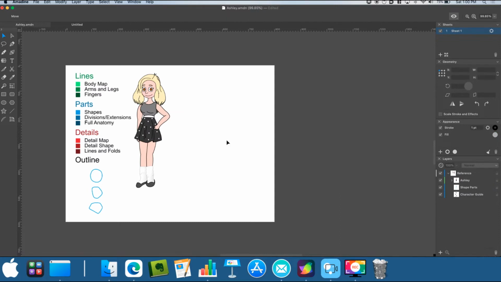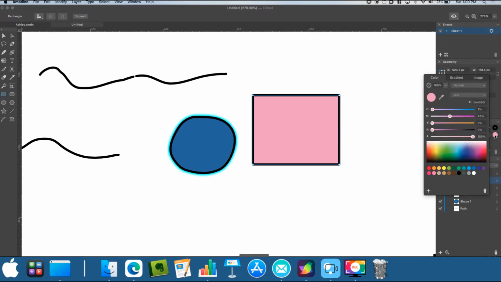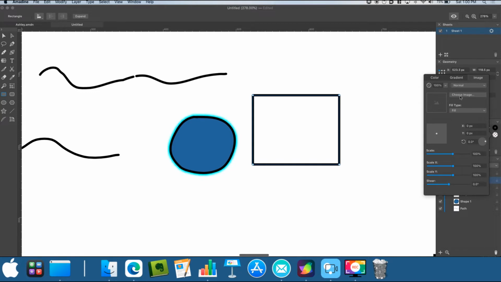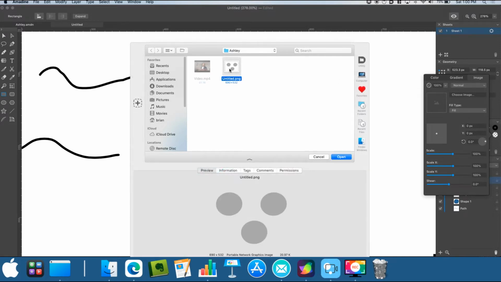Now you'll see that on Ashley there are spots on her skirt, and if I want to do something like that, I'm going to create a pattern rather than to create dots individually. So on this square, I'm going to click on the fill icon and click on image, and now I'm going to choose an image, and you'll see that I made 3 dots that I exported